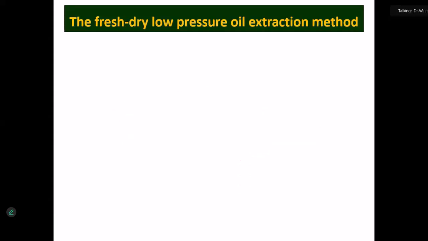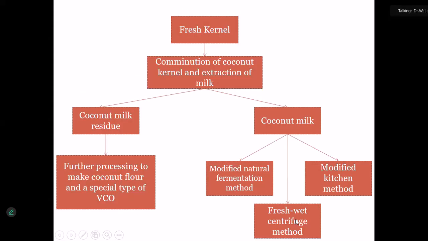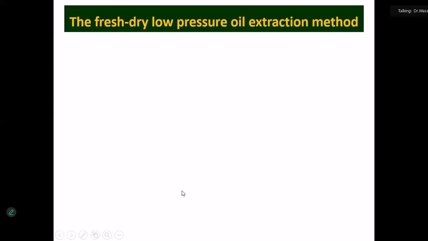Now shall we see. Now we are going to do one. Now how many methods do we have to do? 1, under this 2, 3, 4, 5, 6, 7, 8. All together, I am going to discuss with you 8 methods of VCO processing. Today we are going to cover one method. Okay. Then next time, that is the first method,